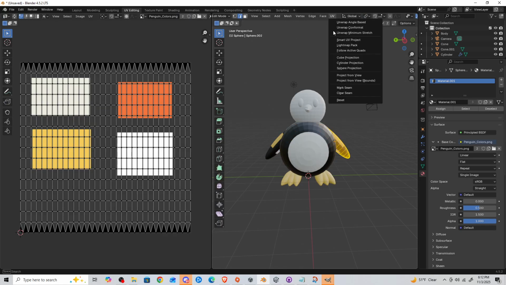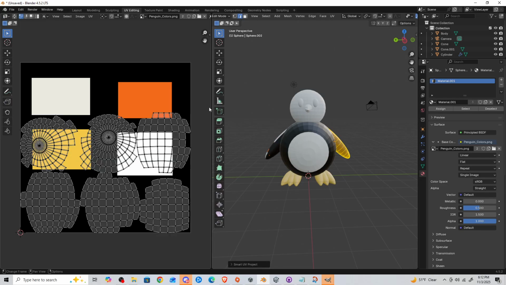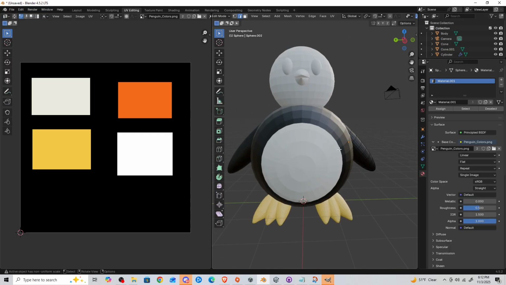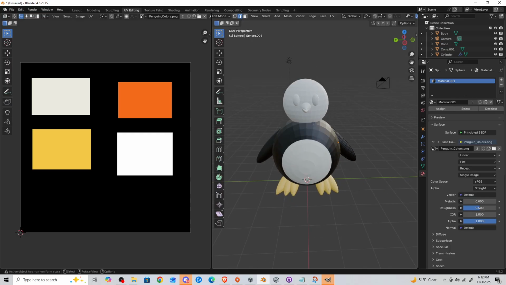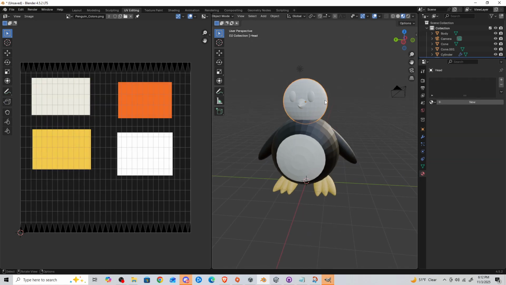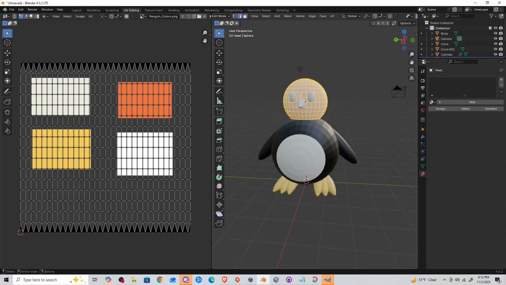We need to be in edit mode. Okay. We can take this, size it all down. We do want it to be in the black. Okay. Object mode. Let's go to the head now. We'll do the same thing mostly. Maybe we'll make part of the head white, but for now, let's